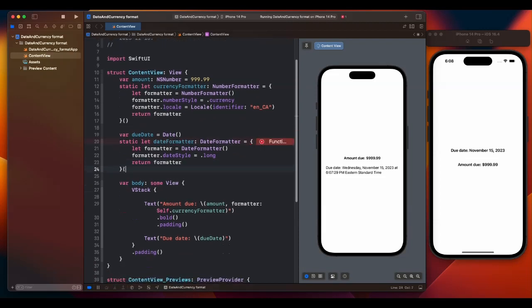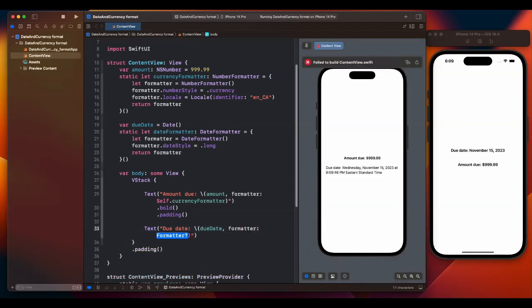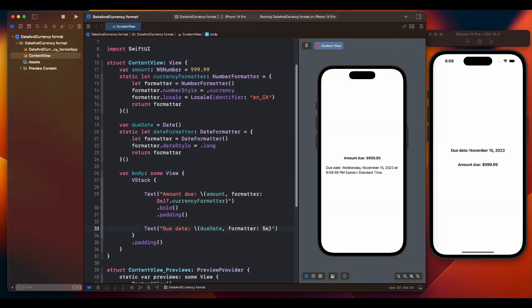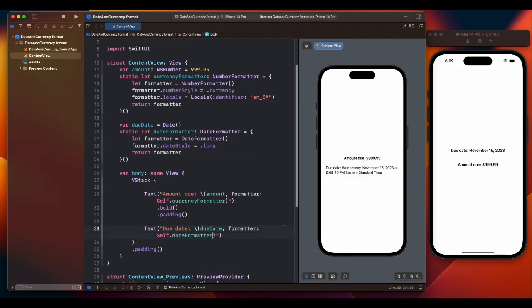Okay, excellent. So the last thing we have to do now is simply to tell SwiftUI that here we want this date to be formatted this way. Okay, so it's basically the same thing. Formatter, self dot dateFormatter. Okay, perfect. As you can see, simply by adding this long, we have this nice format. Okay, let's put out